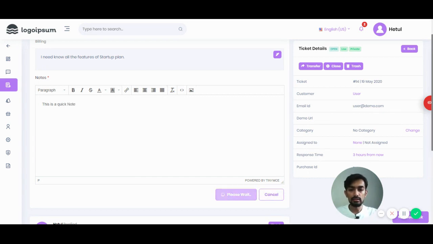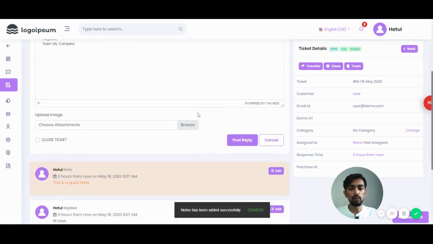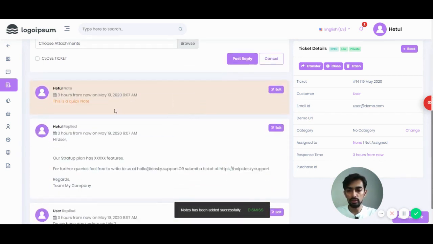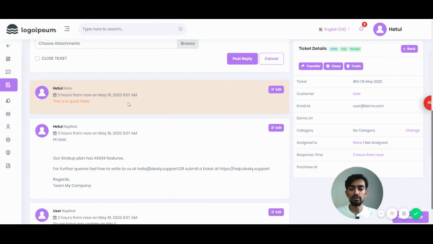So this note is an additional feature that is purely for internal communication. So if you can see, the note has been added. This note is only visible to your internal team and not to the client, and the purpose is only for internal communication over the ticket. Some information that you want to share, which is purely for